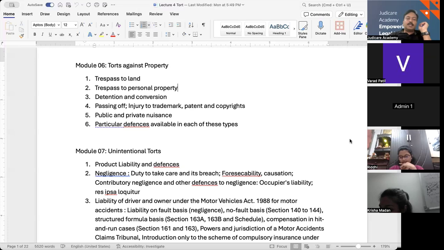Next case law is East River, East, one word, River, another word, SS Corp. East River SS Corp versus Trans America Delaval, Inc., 1998. So this was also a case where the manufacturer's defect caused severe injuries to people, and because of this defective part, the manufacturer was liable to pay.